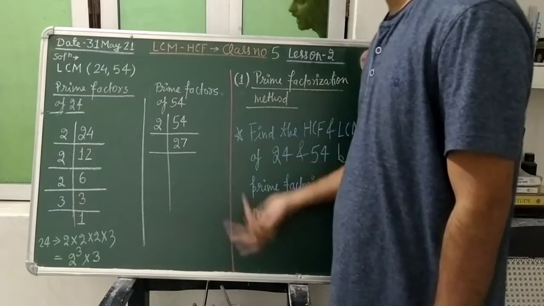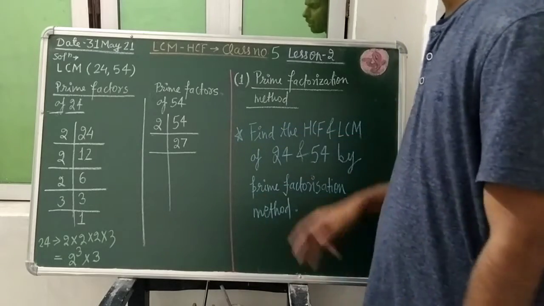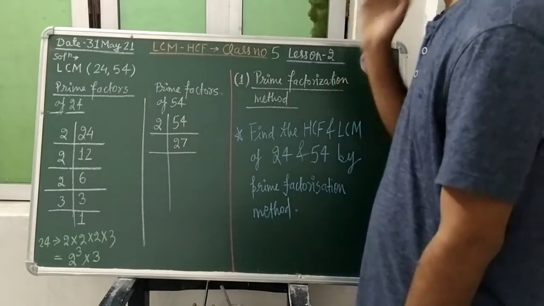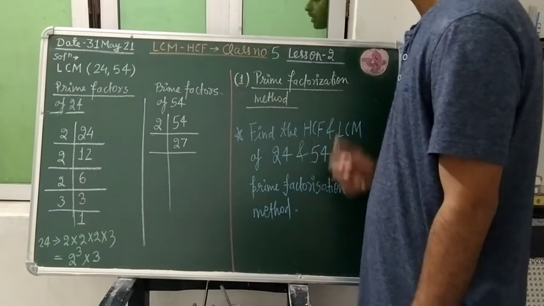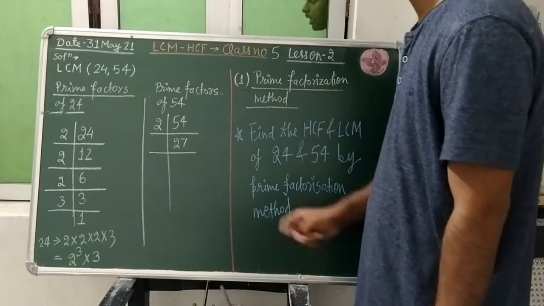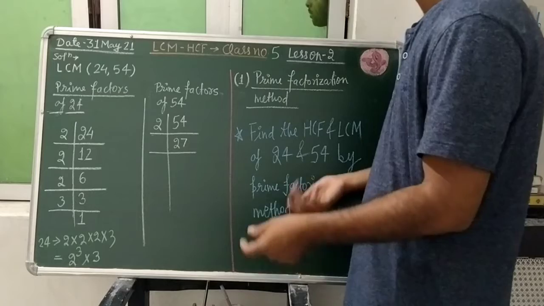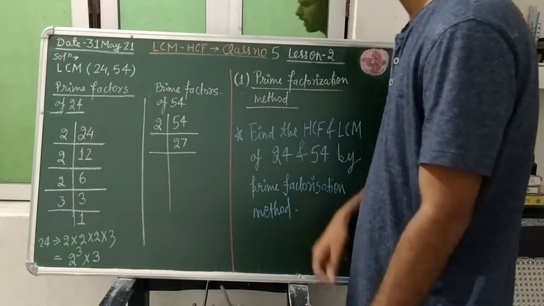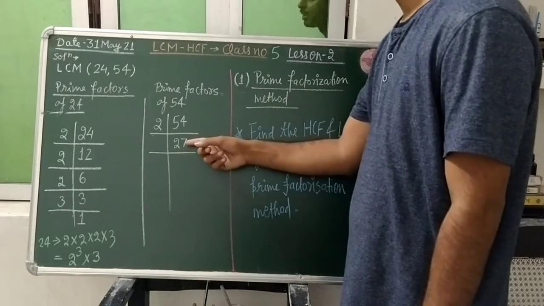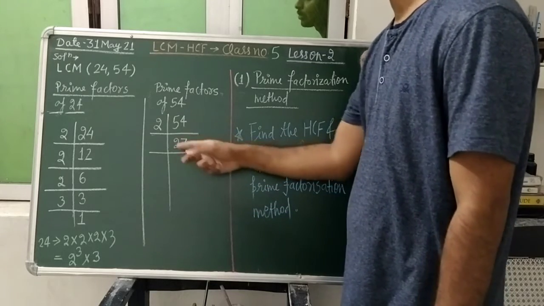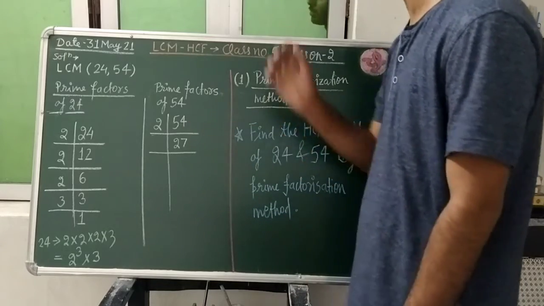So whether 3 will divide it, students. Of course, to check the divisibility by 3, I have told you that to check whether a given number is divisible by 3 or not, we will apply the rule that the sum of all the digits must be divisible by 3. So here you are looking at 27, the sum of the digits is 7 plus 2, which is 9, so 9 is divisible by 3, so 27 will also be divisible by 3.